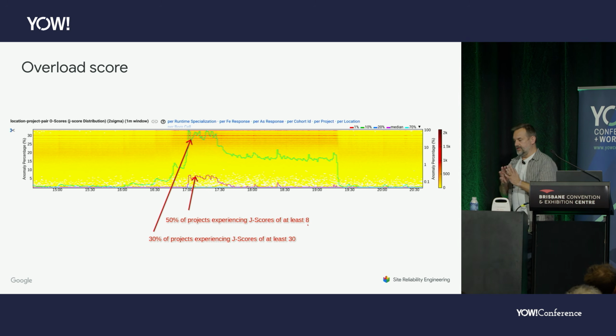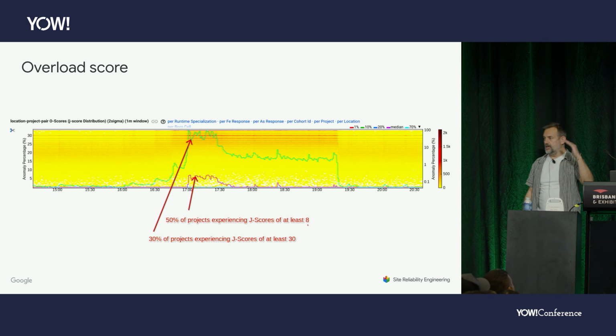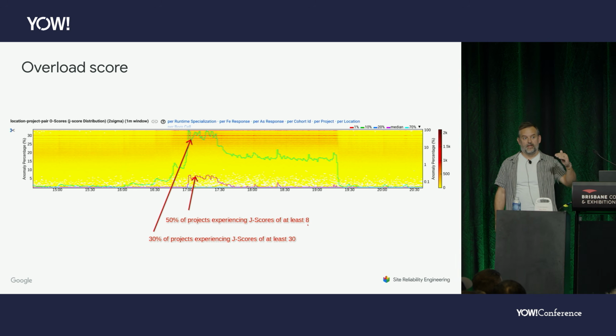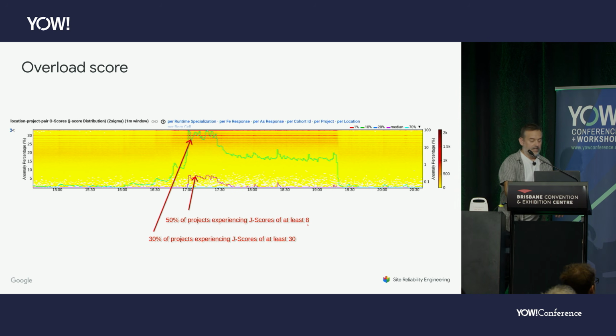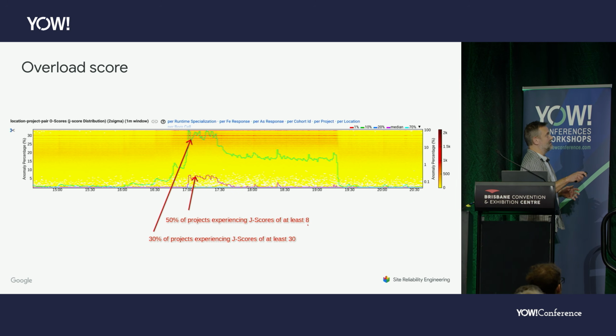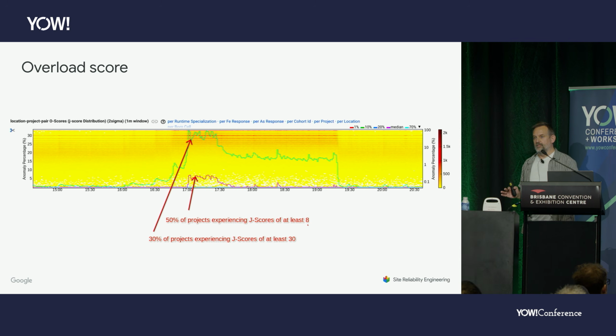The duration of the buckets is important because a lot of our projects are pretty low QPS. So in a low QPS project, in a 15-minute bucket, you're going to get a lot of projects that are going to give you 0 or 1. And so that's why we do the distribution on a per project basis. And then if in that distribution you see it go above 5, that's like a pretty clear signal that customers